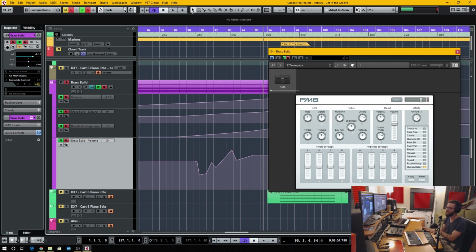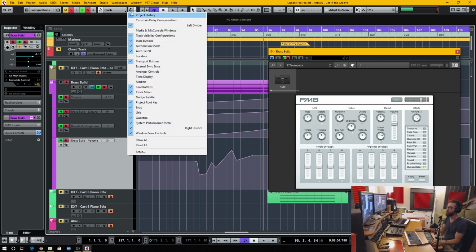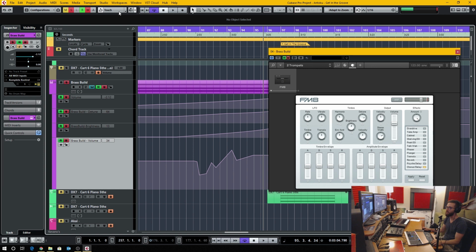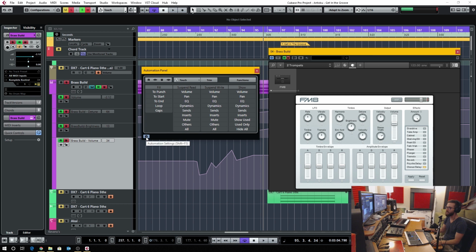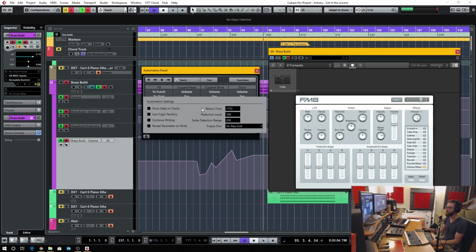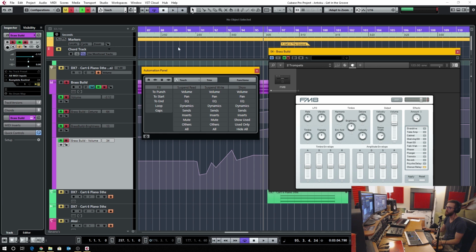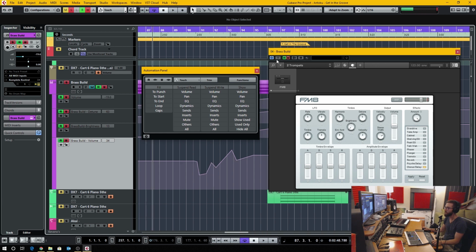The way to fix this is in the global automation mode settings. If you right click on this menu, it's called automation mode. So if it's not visible, then click on that. And this button here opens up the automation panel. And in this little settings button right here, this is your basic automation settings. So what you want to do is tweak the return time. And what I do is I just tweak it all the way down, with reduction level all the way down and spike detection all the way down. I'm not exactly sure what each one of those parameters do, but now if we have a look at this,